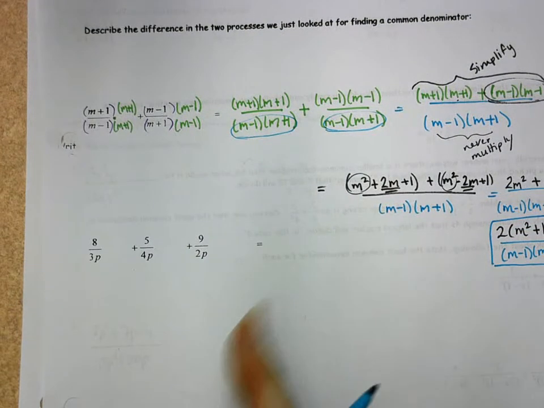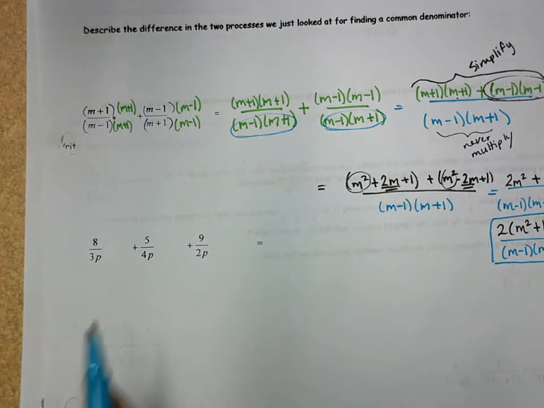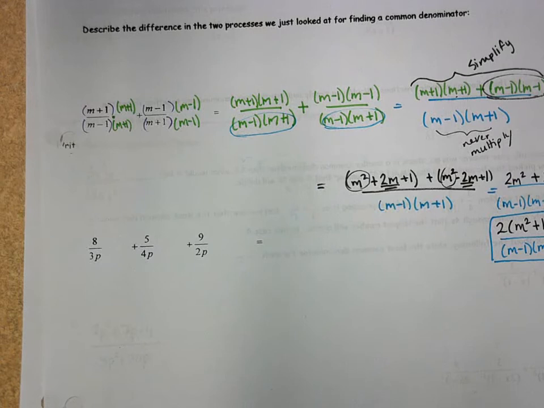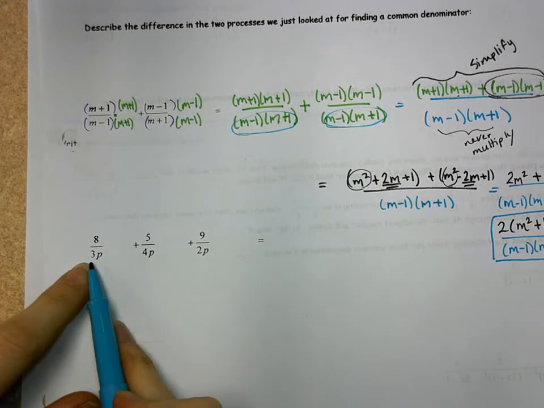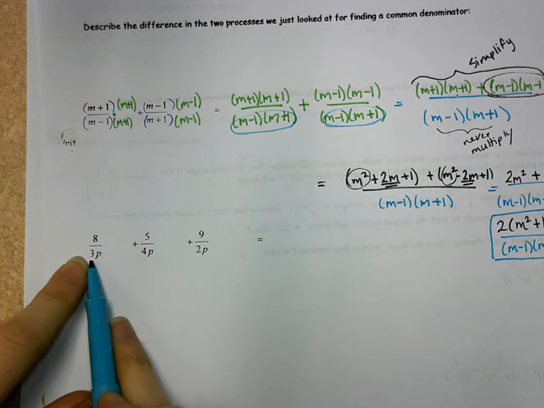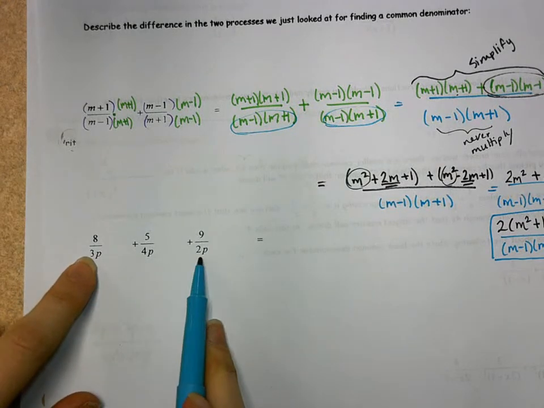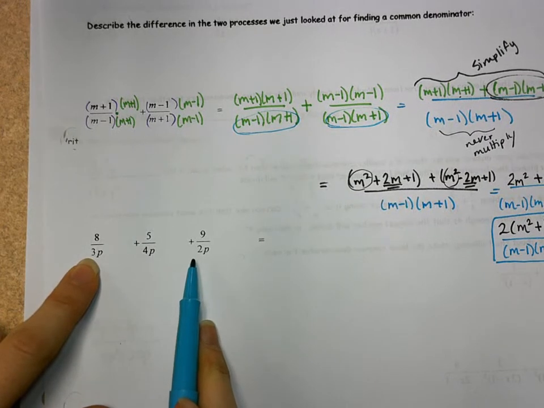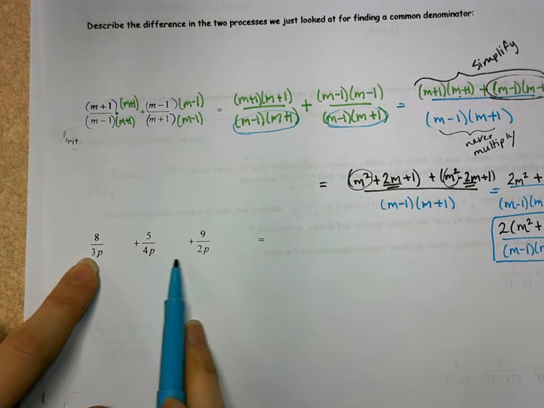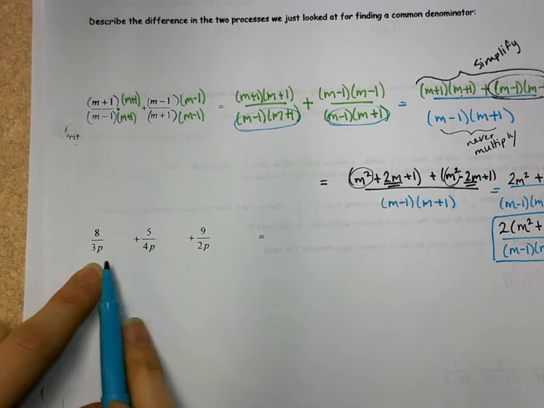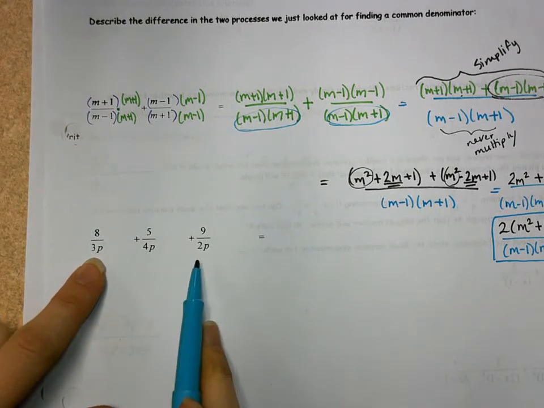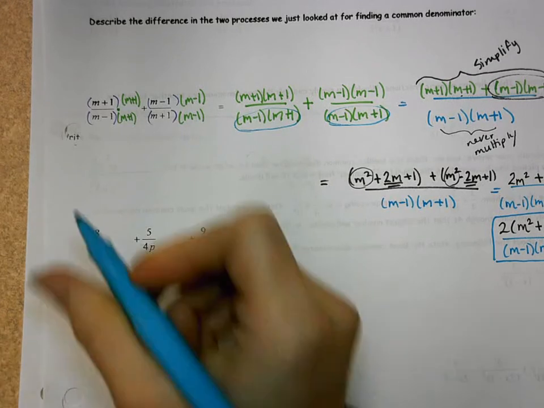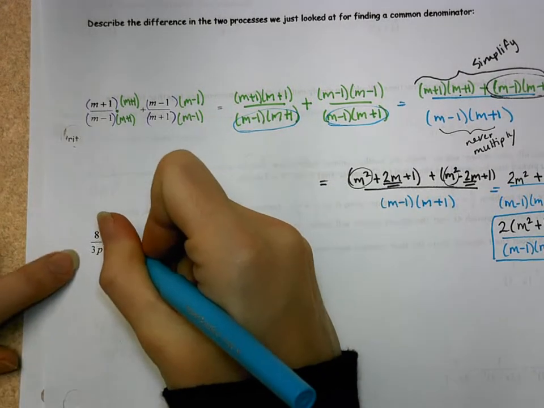Looking at the next one here, again, I need a common denominator in order to add fractions. So what's the least common denominator between, and I'll start with the numbers, 3, 4, and 2? The smallest number all three of those multiply into would be 12. So I want to obtain a 12 for each of these. I'm looking at p. There's already a GCF of p in every denominator, so I don't need to worry about the p. So the first one, to obtain that 12, I'm going to multiply 3